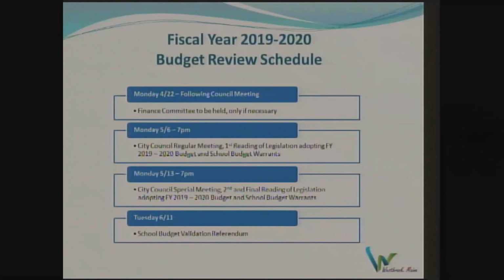Again, as the mayor stated, we strongly encourage community members to either view or attend or in some way participate in this review process. The more you understand about where the dollars are needed, where the dollars are going, why things are changing, the better decisions get made throughout this process.